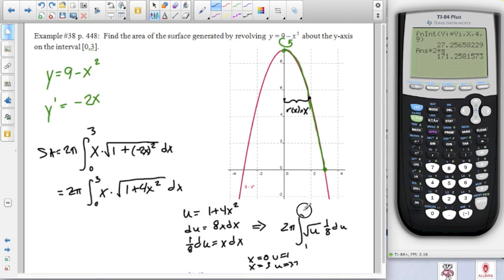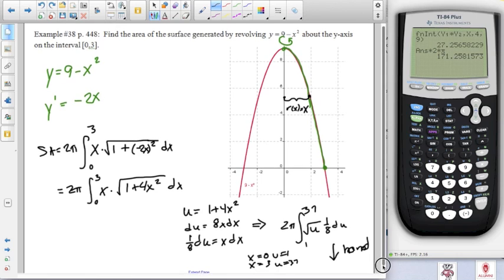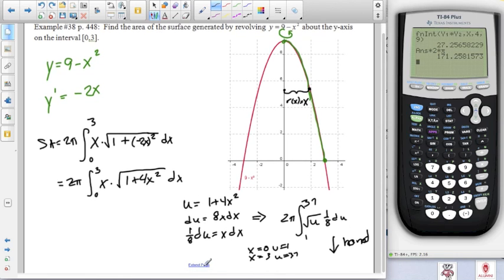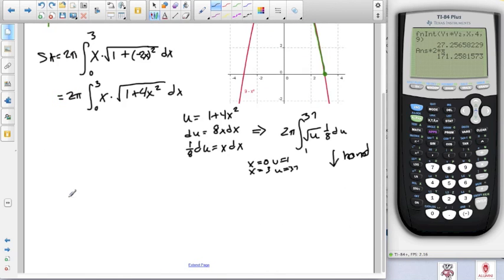So from 1 to 37. You could integrate that easily enough, so this is definitely something you could do by hand. You would be expected to be able to handle something like that on a non-calculator part of an AP exam. For the sake of time here, I'm just going to go ahead and throw this into an fnInt,